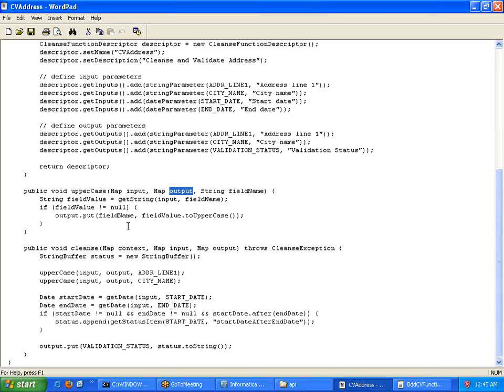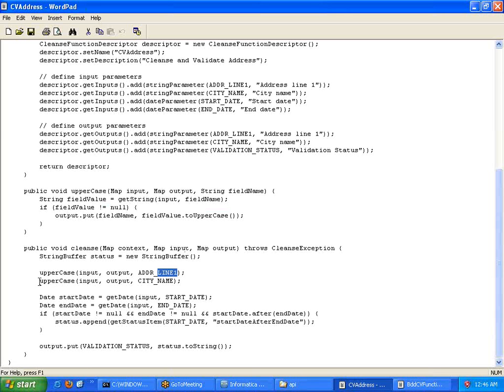We convert this to uppercase, store it in the field, and put it in the output object. So this object, which is of type map, would contain the converted value, which is uppercase. So the conversion is done and the data for address line 1 is populated.